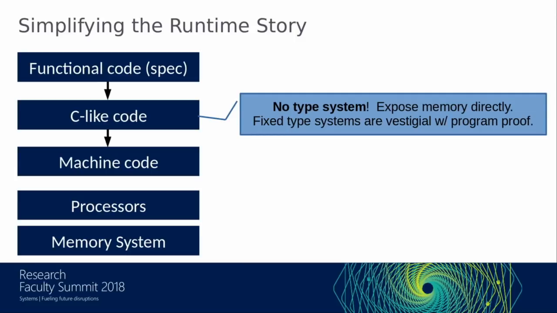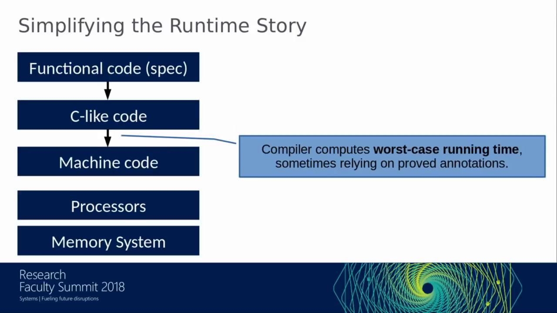Then our systems level programming language wouldn't need to have a type system, because if we're already committing to proving everything functionally correct, then a type system is just an approximation of functional correctness. So we can leave that out and expose a view of memory as an array of bytes directly, but with structured control flow and functions and other good stuff like that on top of it. The compiler for that language will do things like worst case running time analysis, tell us how long a function might take to run.